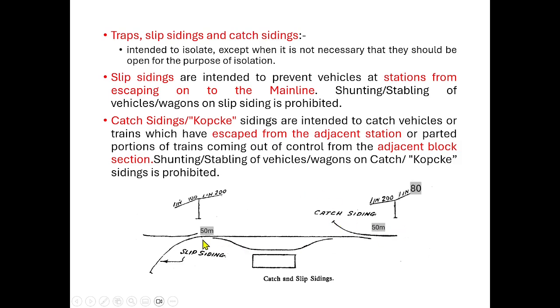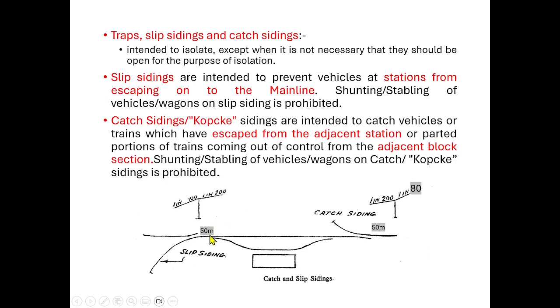Another siding we have is slip siding. That means any vehicle stabled in the yard also should not by mistake escape into the block section. Maybe a train is already approaching, so without authority nothing should enter the block section. That may happen because of the steep gradient. For example,